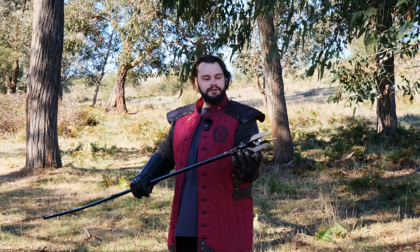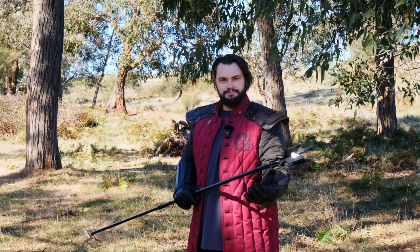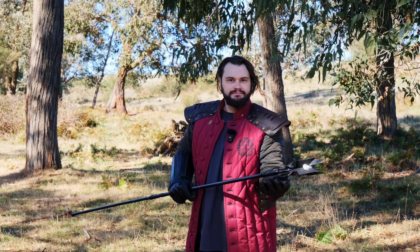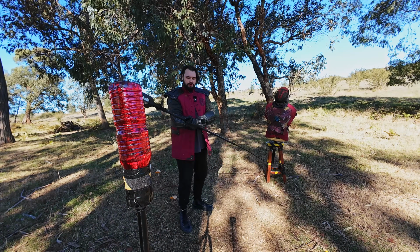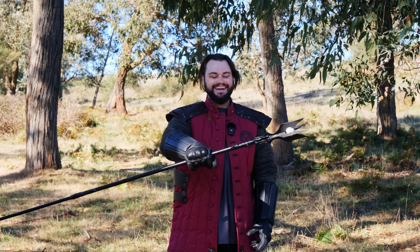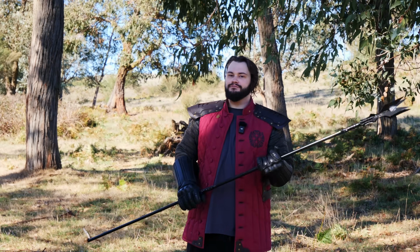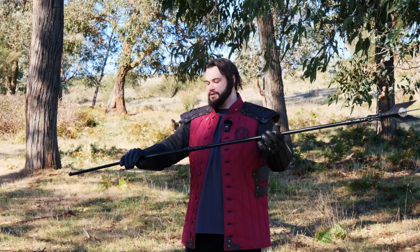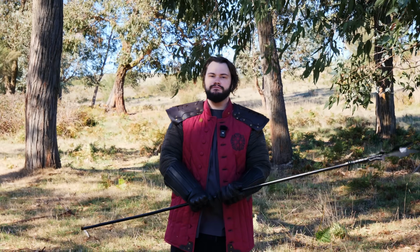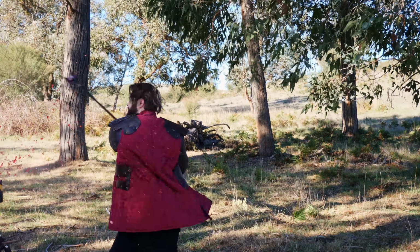First off, the design of this is a little bit fantasy, right? But essentially, this is a mace. Like, this is a mace. But if I just had a handle down to like here, that's a mace, man. So, in terms of an actual melee weapon, I think we have something quite special here, specifically because if you look at how much reach we have on this big, long haft,